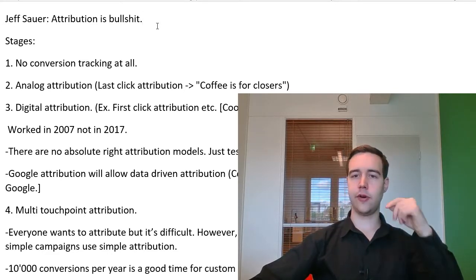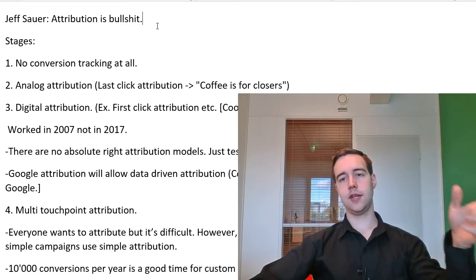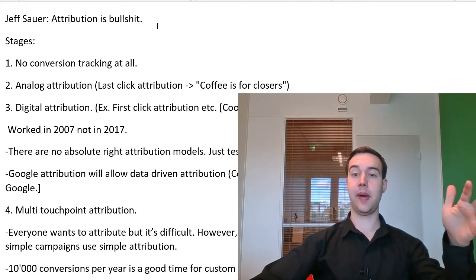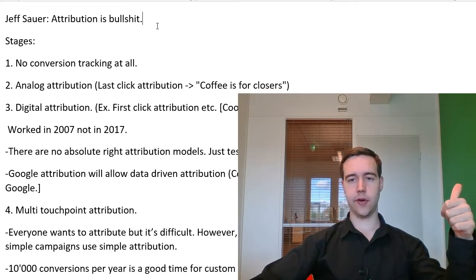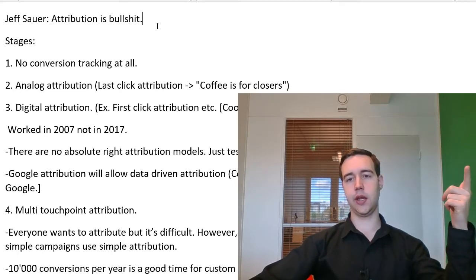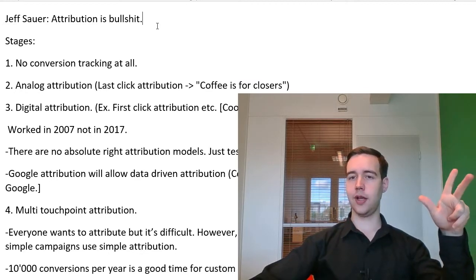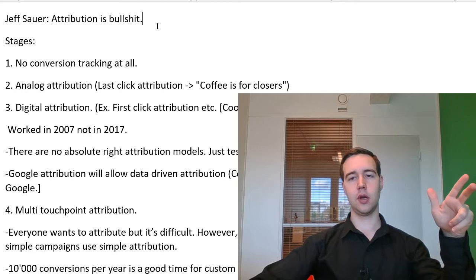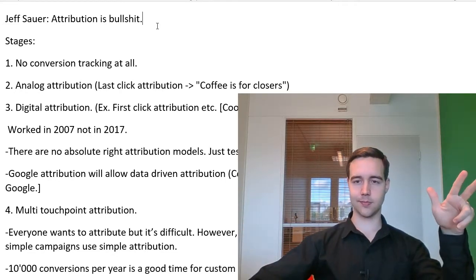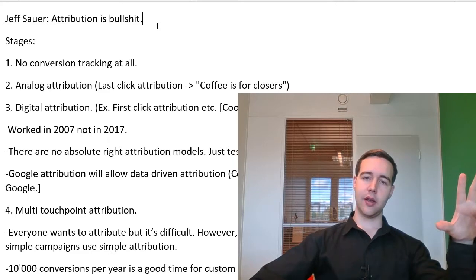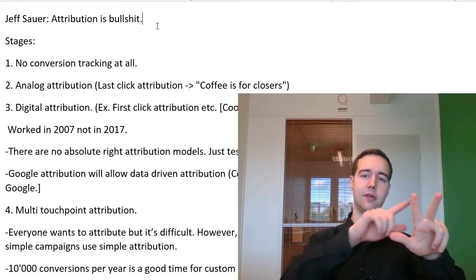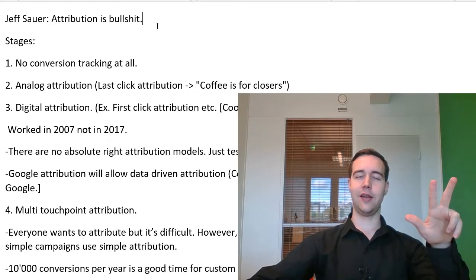Let's say I'm looking for a new shirt. First of all, I saw a shirt ad in the banner of a blog. So that would be the first touch point. So just a view. Then maybe I saw a shirt ad on Facebook randomly. So that would be from the same company. That would be a second touch point. And thirdly, I went to Google, searched for a shirt, clicked on the first ad, bought. Okay, so 3 touch points. Now ask which of these actually gets the sale.